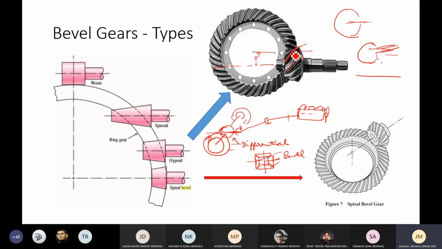In order to avoid all those things, we'll go with a hypoid gear or a spiroid gear, but usually hypoid is the one that they use, just by making it some offset. On one side you will get a higher clearance, more gap, more room for you. On the other side the gap is reduced, whereas if you keep it exactly at the center, then both will be equal, and the propeller shaft you have to bring more down, again the center of gravity of the vehicle is affected, and so on. That is why we usually go for an offset.